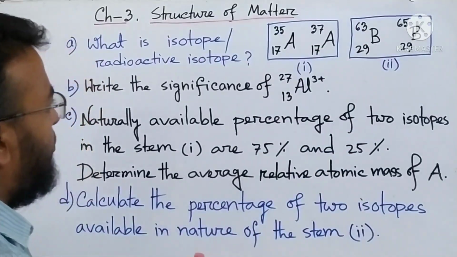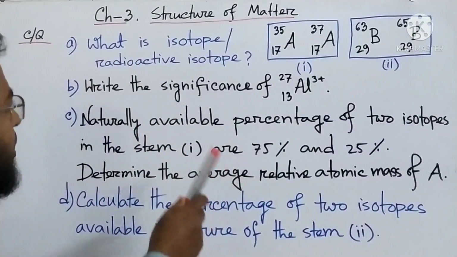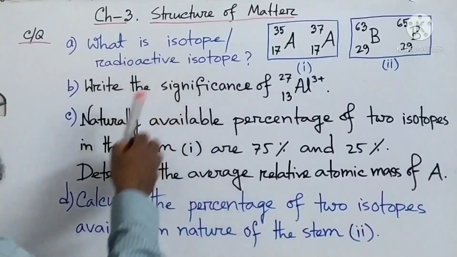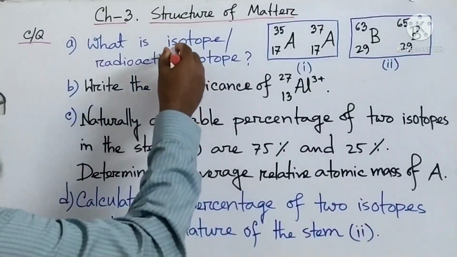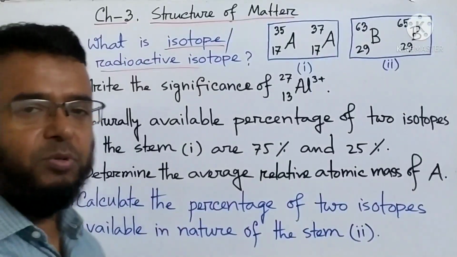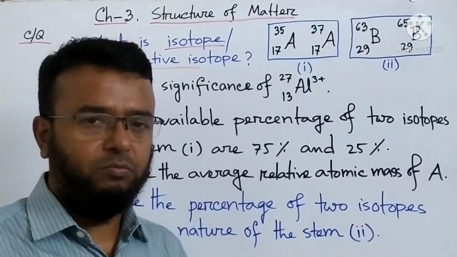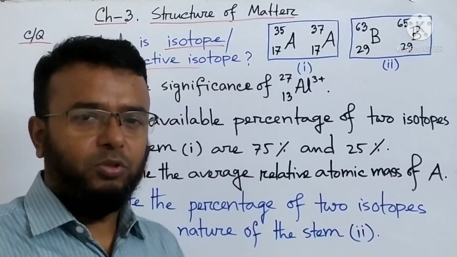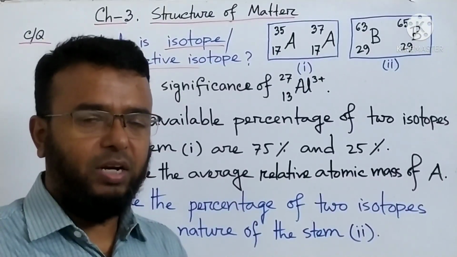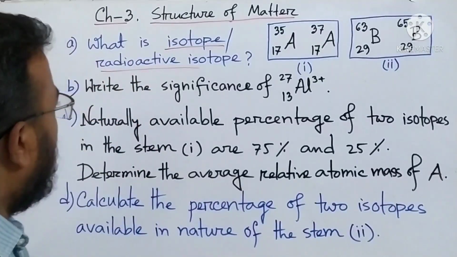Now we have to write the questions, and I will give the answers also. The first question I have written: what is isotope? What is radioactive isotope? These are knowledge based questions. Knowledge based questions may be of different types, as I told you in the previous class also. Maybe the Latin name of sodium, natrium, the Latin name of potassium, kalium, like this. They may be knowledge based questions.